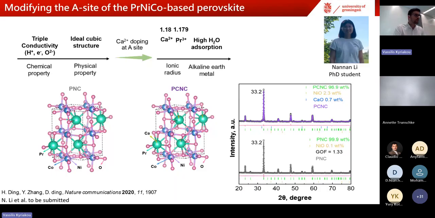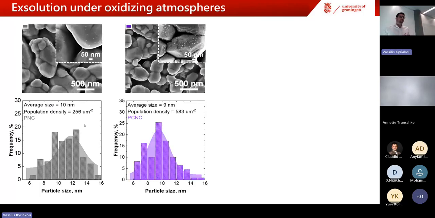Most likely, we could create some kind of multi-layered oxide. But the interesting thing happened when we exposed it to reaction conditions, where we practically even observed exsolution. And we're still trying to understand the phenomenon of exsolution. But the first thing that we had to do when we observed this very high population of particles on our electrodes was to first understand what they are.